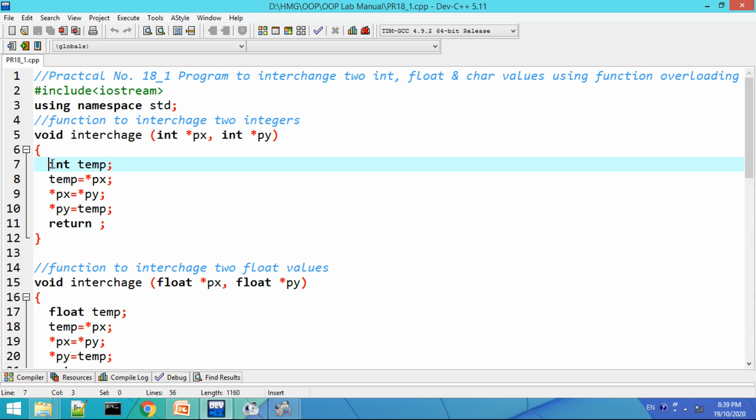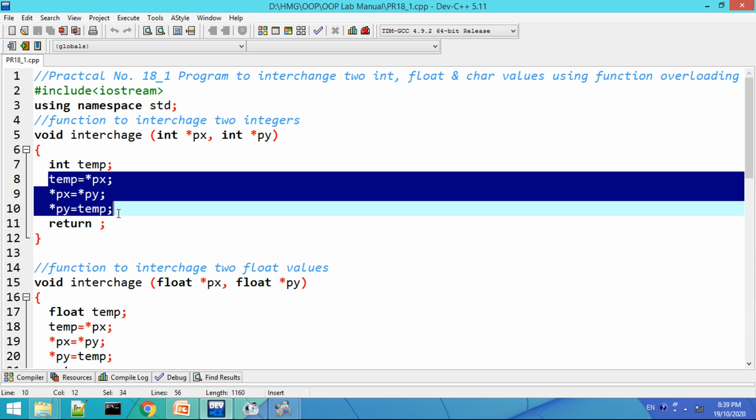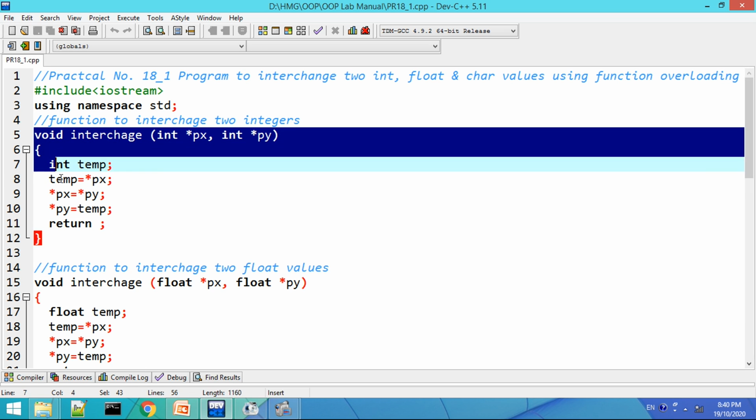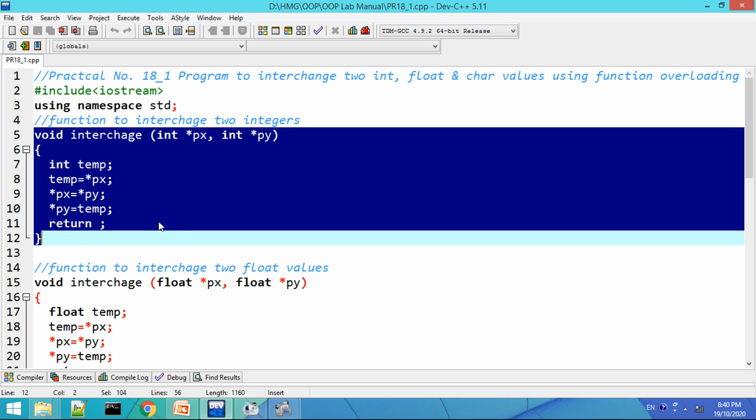In the body of the function I require one local temporary variable, that is temp. Using temp, I am swapping the values using pointers: temp = *px, *px = *py, and *py = temp, and return. As it is a void function, return will return nothing. Like this, the first interchange function is defined, which will interchange two integer values